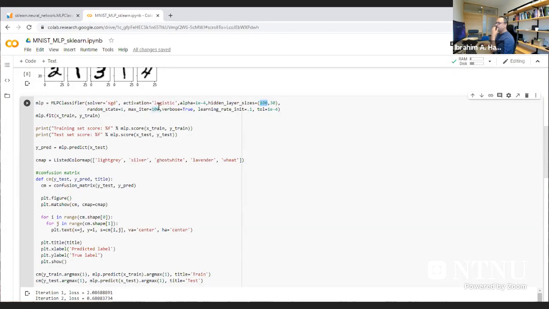Maximum iterations 100. Verbosity is to print out the outputs. The learning rate is 0.1. And this tolerance, I guess, is the stopping criterion for when you are reaching your goal. And fitting, so when we train it,